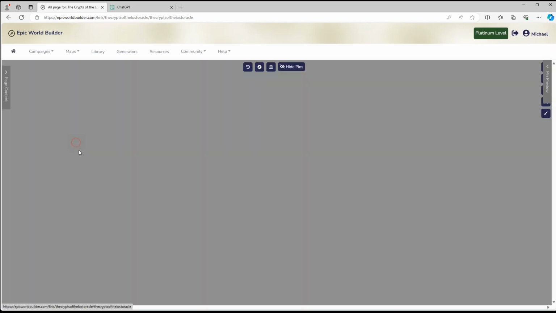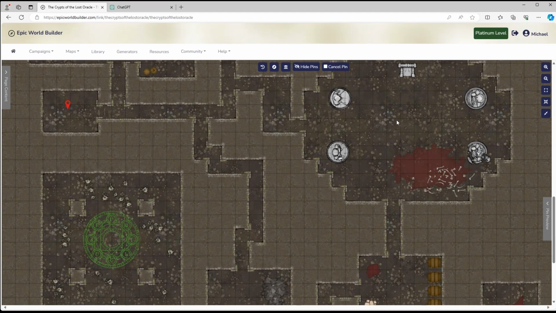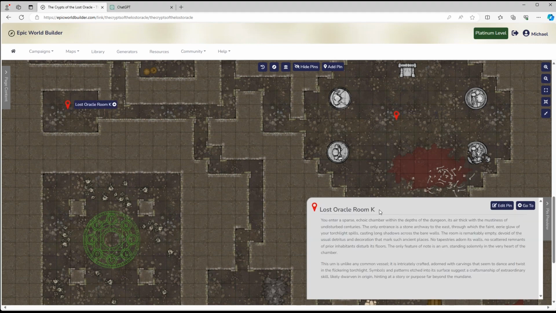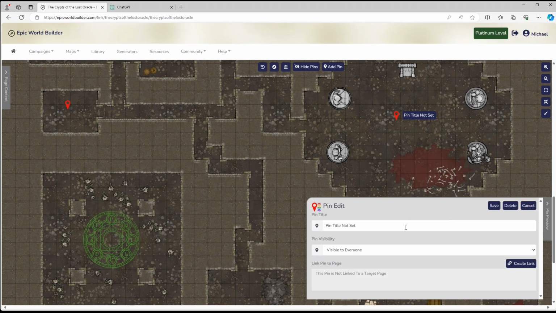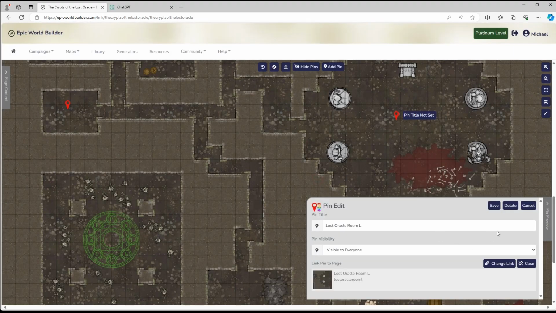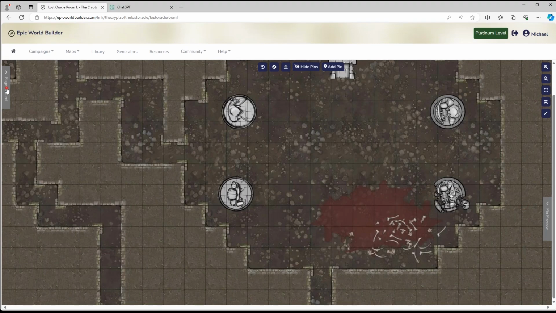So when we come here, let's go ahead and add a pin here, and I always want to grab this. Edit this. This is an L, Oracle Room L, and let's go ahead and link it to L. Now, when we go into this room,